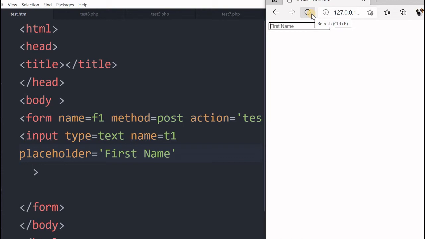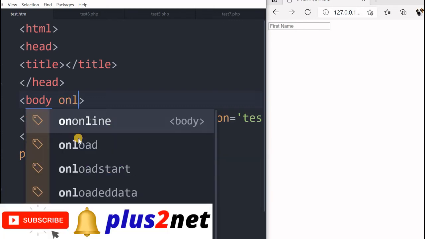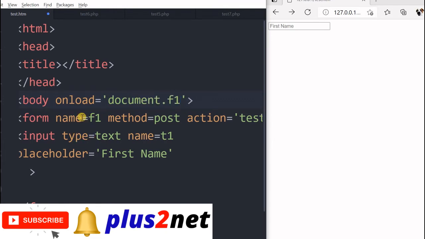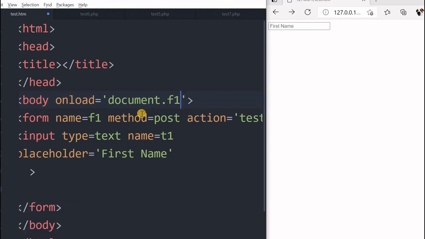We have seen autofocus, but that is HTML5 advanced. In old browsers, you can do autofocus in the body tag also. Let's understand that. Onload equal to document.f1. F1 is the name of the form, f1.